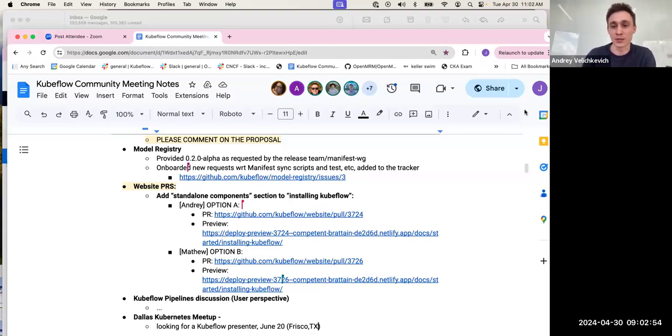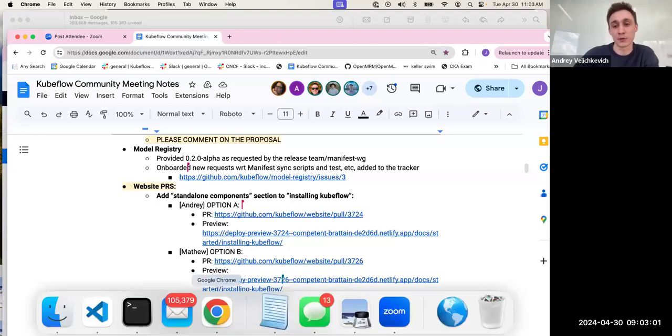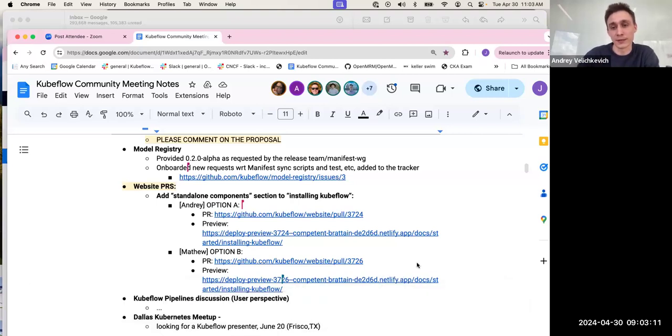And distributions. So Mario said, and point me if I'm wrong, but you said distributions can also be used to deploy individual components, right? So this was your point. And your thinking is, if people want to use, for example, KServe, they can go through the distribution to deploy KServe, right? So also remember, with most of the standalone components, with the exception of ones that are, as I said, inherently standalone,